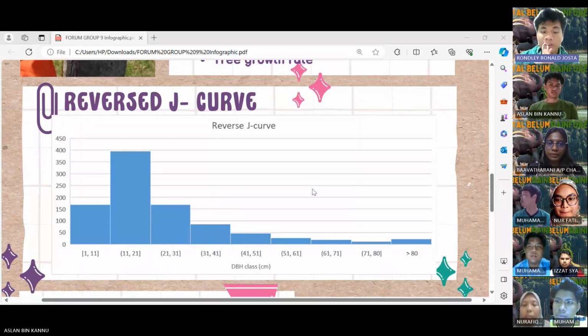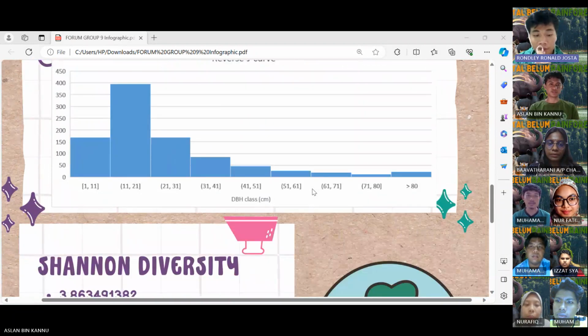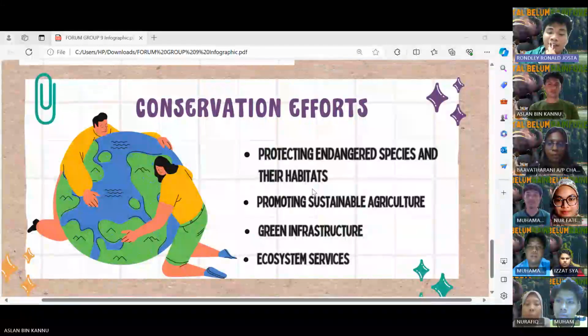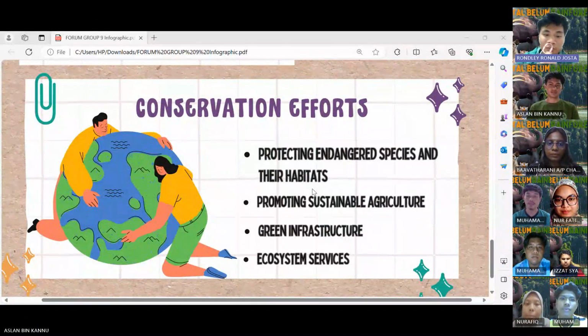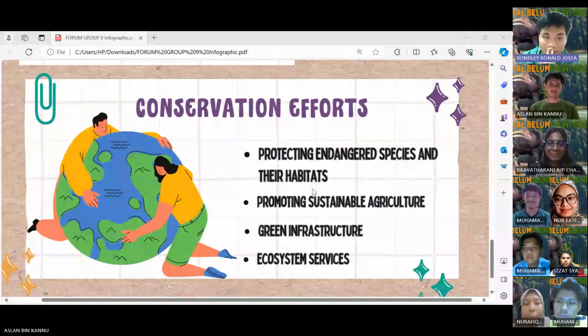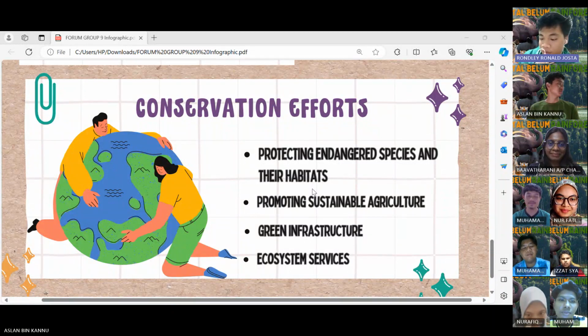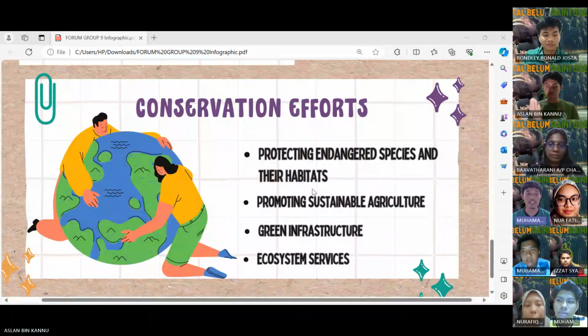Thanks, Fikri, for that. This time I would like to invite Fahmi. I heard that Muhammad Fahmi is from Universiti Malaysia Kelantan and is currently taking SEN, the Natural Research Science. As a SEN student, in your opinion, can you justify the conservation efforts that you can suggest to enrich the area to be a healthy ecosystem? Okay, Fahmi, can you answer that?